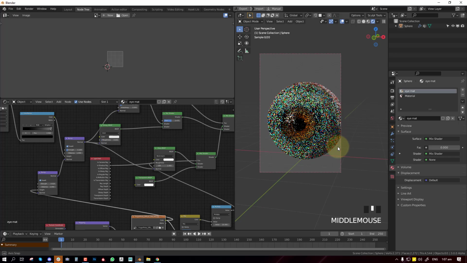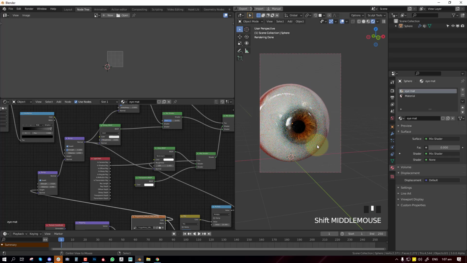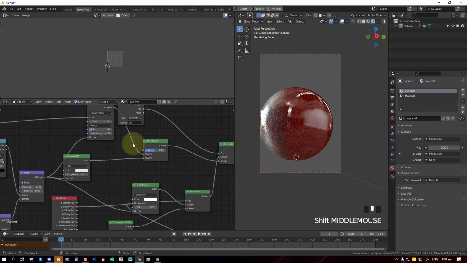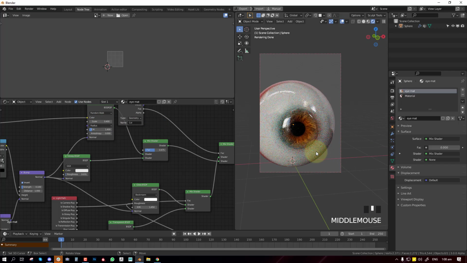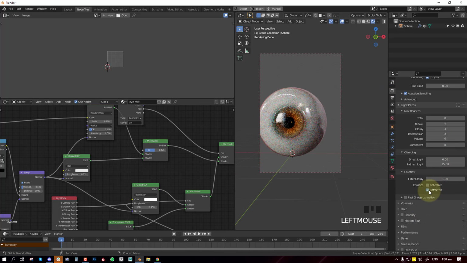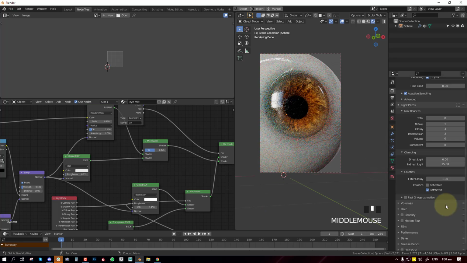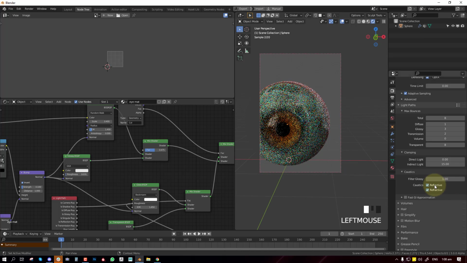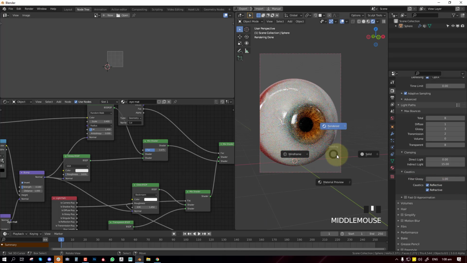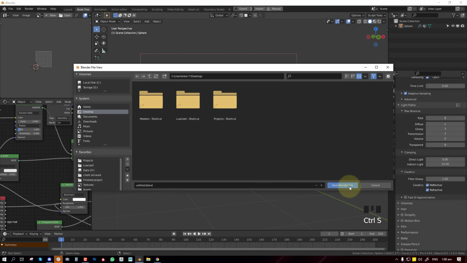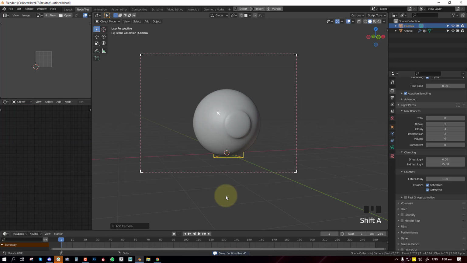Okay, so now any other thing you want to do is just luxury stuff. As you can see, you can still play with this if you think it's too much. So now I'm going to enable caustics. It actually creates a very cool effect here. So it's even more depth and coolness. Okay, so let's go ahead and give this a nice render. I'll save my scene and add the camera.